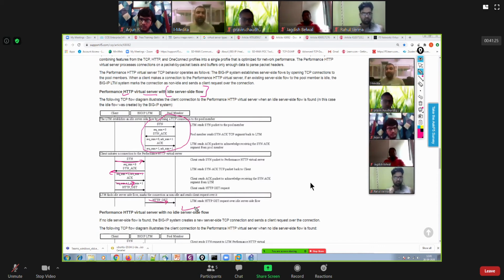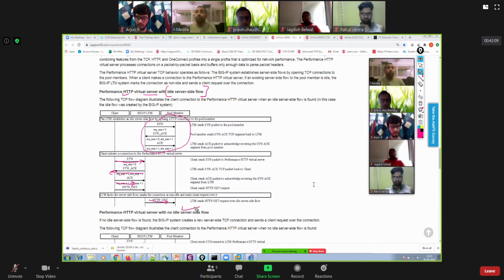However, there is a condition. If there is no connection that exists between the BIG-IP and the pool member, right? Then what's going to happen next? Of course, it will have to perform load sharing, and in that condition it will become a standard virtual server. But in case you already have some established connection between the BIG-IP and the selected pool member, and that is already in idle state, like nobody is using that connection, then it can go ahead and utilize that connection.